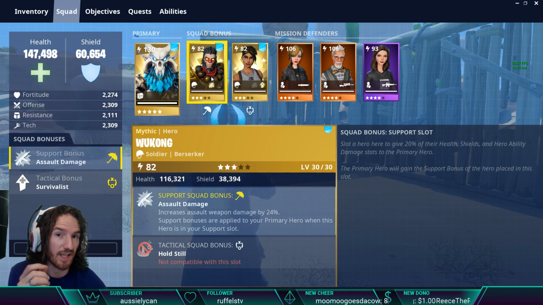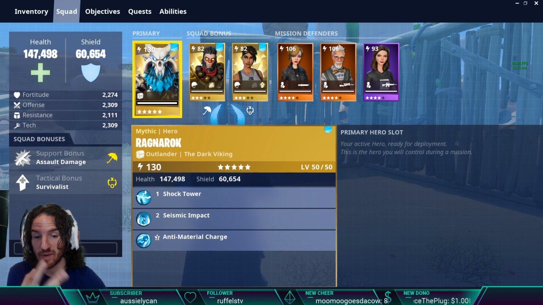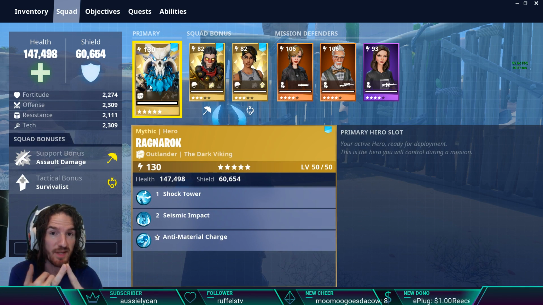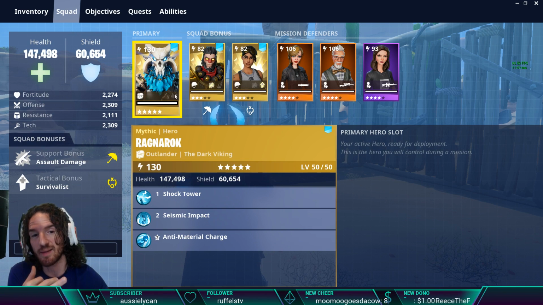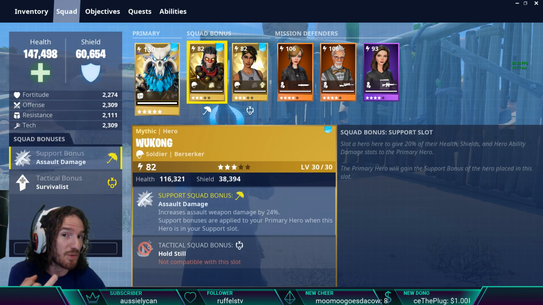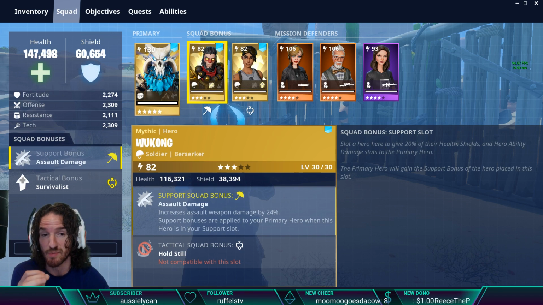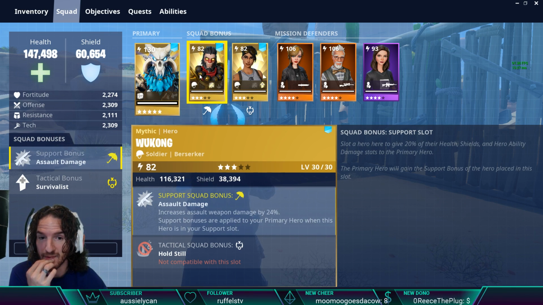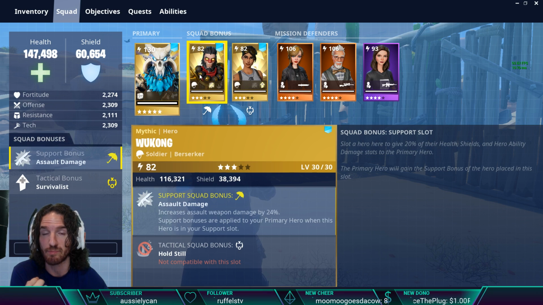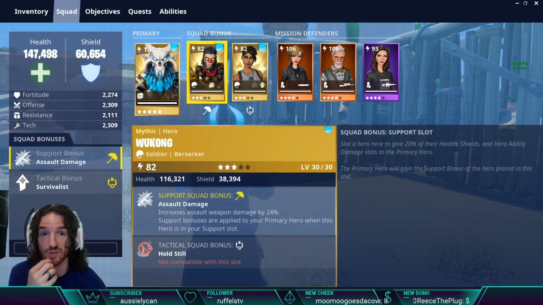Now, if you ran Reclaimer, that would still benefit if you're using energy guns. So you're going to buff because his anti-material charge and seismic impact are energy. You could run Reclaimer over here, get 20% extra energy damage on top of it, but then your energy-based weapons would also get 20%. So you wouldn't be losing out on your gunplay if you're using energy-based weapons. If you were to run Shuriken Master, you're only increasing your abilities by 20%. So this would be one of the situations where I would probably actually run Reclaimer over Shuriken Master. But let's